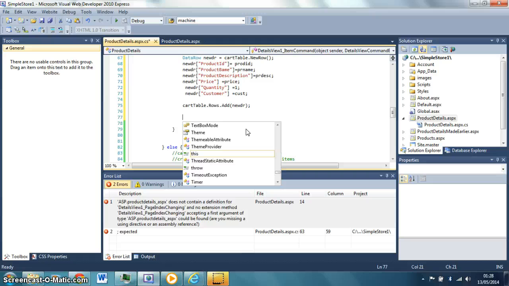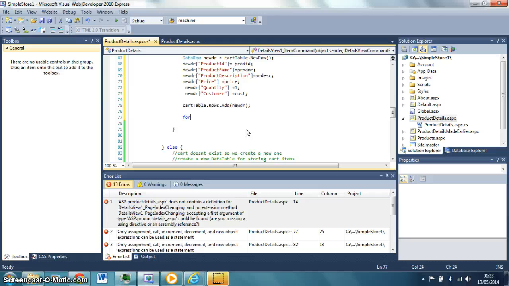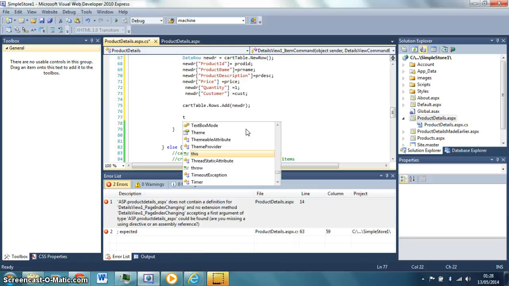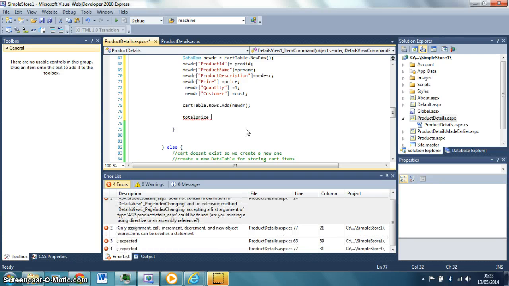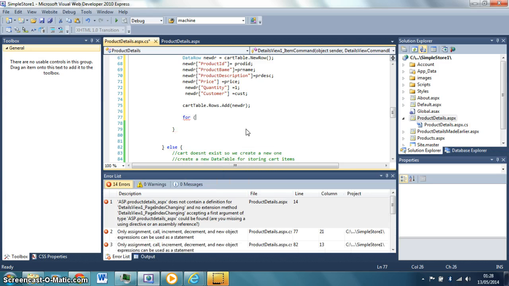so now we need to figure out what the total price is going to be. So basically we can set up a little for loop as well, or 2 ways of doing this. We could basically just add the price here to the total price, because basically we've added 1 new item to the cart here with a quantity of 1 and the price of 1. So basically, no, we need to figure it out again. So basically, I'm just going to find out what the